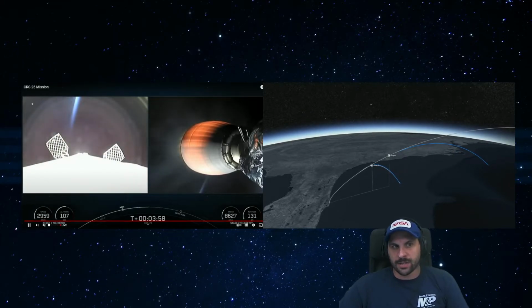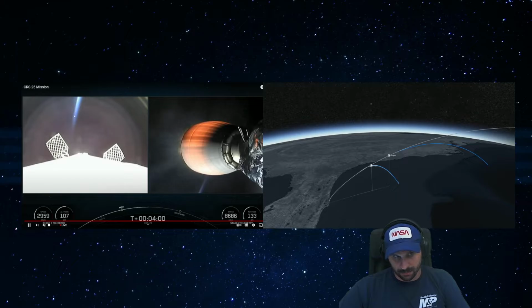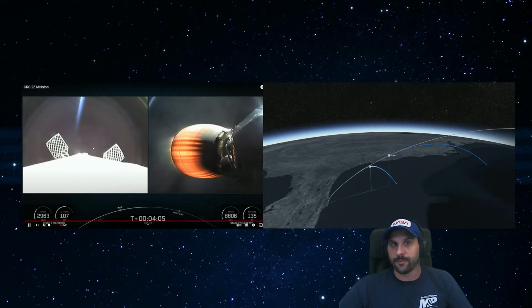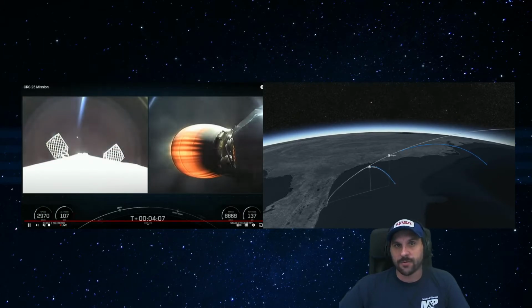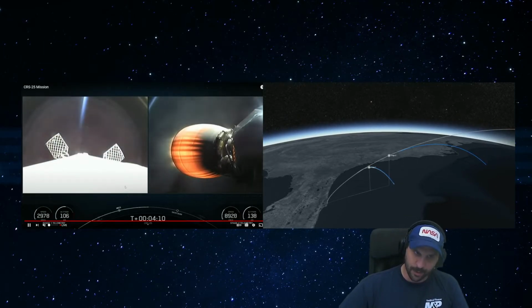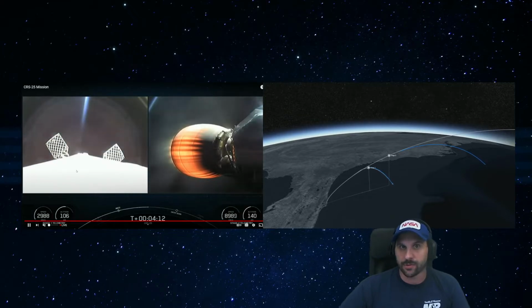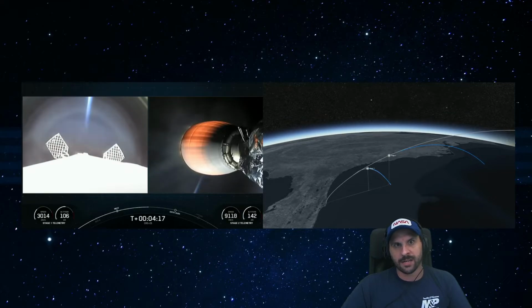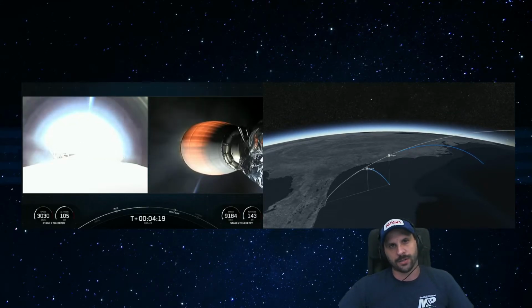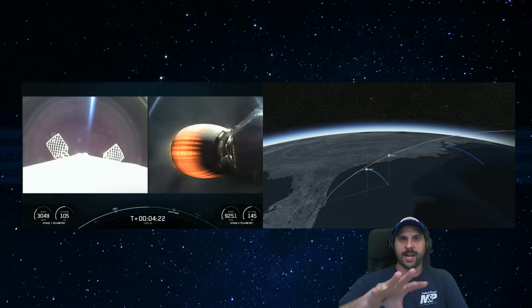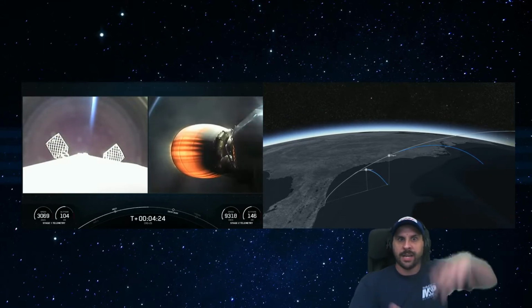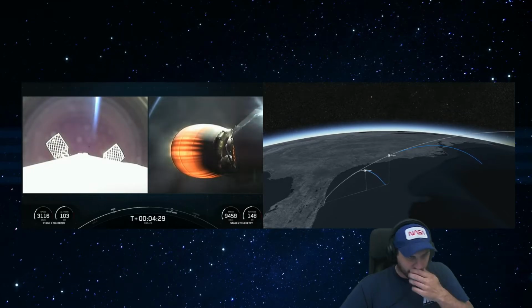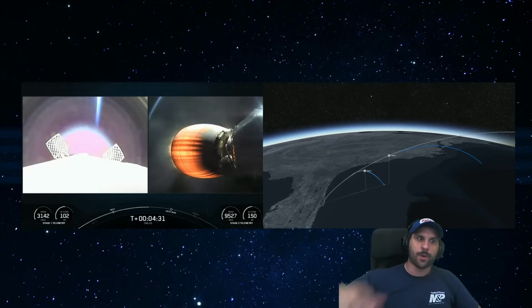If you look on the left here, you see some pulsing going on right there. You can see the shadow of Earth right there. There's the terminator line. So that's where it's daytime and nighttime, right? The pulsing that you see on your screen is nitrogen attitude control thrusters. Built into the top of Falcon 9 is a bunch of compressed nitrogen tanks, similar to how you'd blow the dust out of your keyboard, right? I mean, the keyboard dusters are CO2, not nitrogen, but they're using compressed nitrogen to steer Falcon 9, turn it around and get it ready to aim at the drone ship. They use those nitrogen thrusters to orient the vehicle.